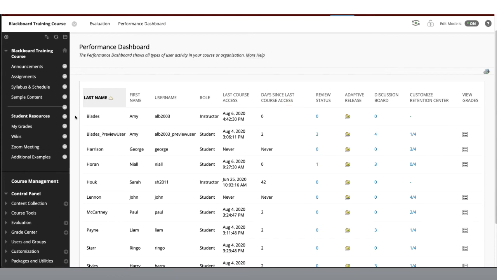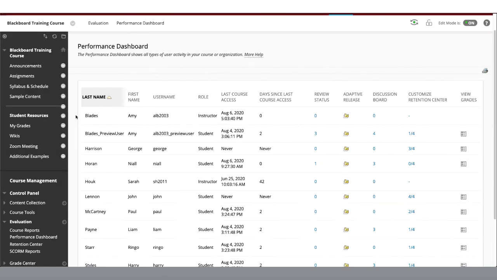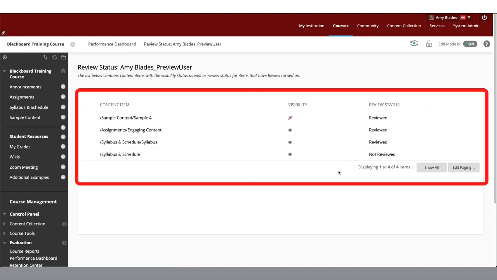The interactive columns include Review Status, Adaptive Release, Discussion Board, Customized Retention Center, and View Grades. Clicking on the data in any of these columns opens a new window with more student information. For example, let's look at the Review Status column. If we click on the number displayed here, a new window pops up displaying a list of all the items